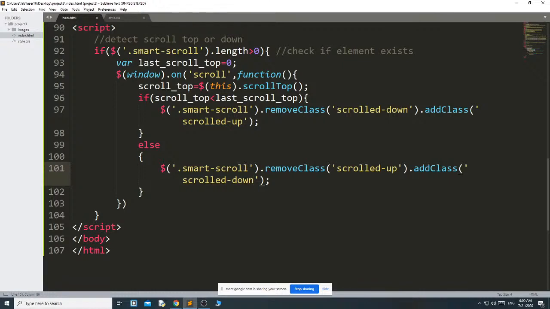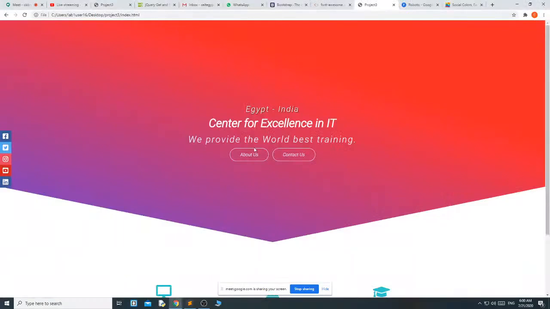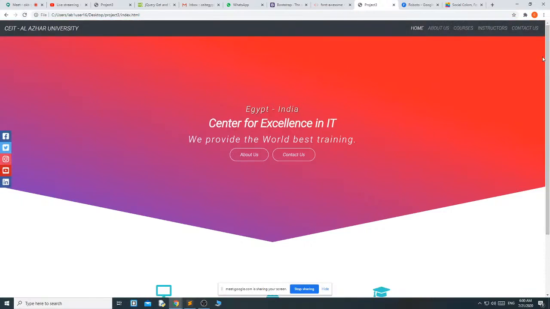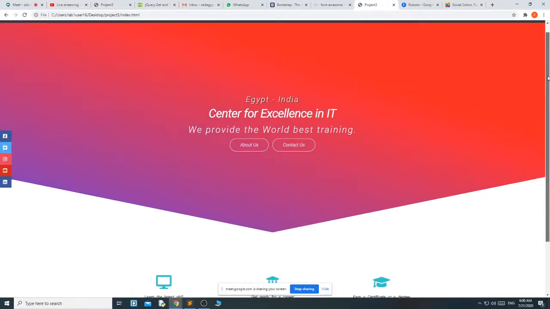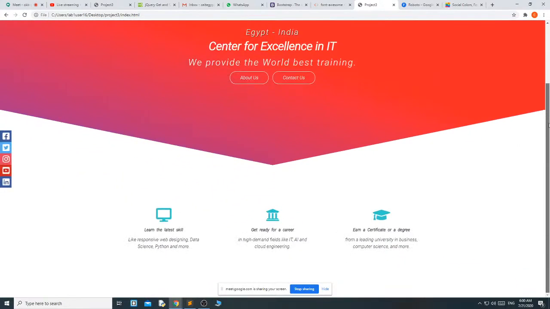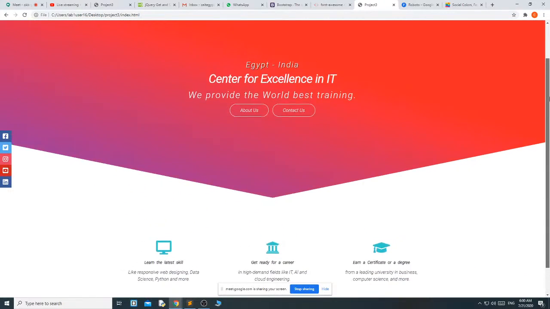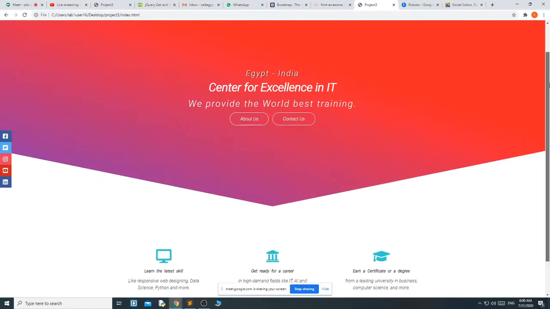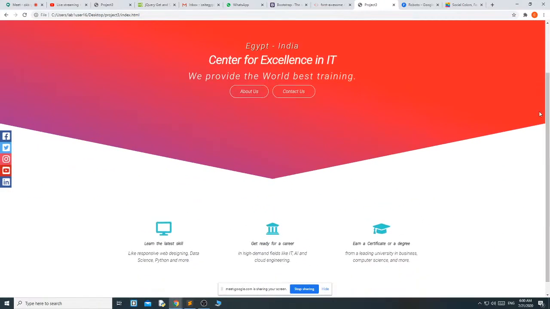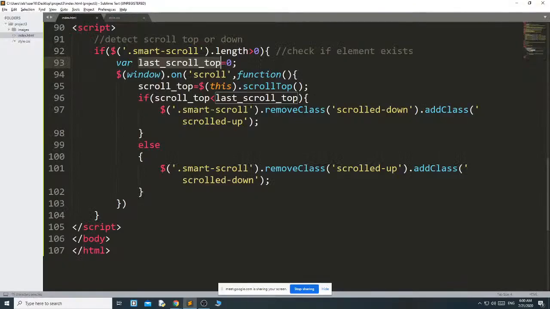Because I have not updated the last scroll top. I told you that if you do not consider the last scroll top, then it will not find out from where it should unhide the navbar. That's why, once you scroll down it hides the navbar, but when you scroll up it is unable to find the last scroll top value, because by default the last scroll top value is 0.